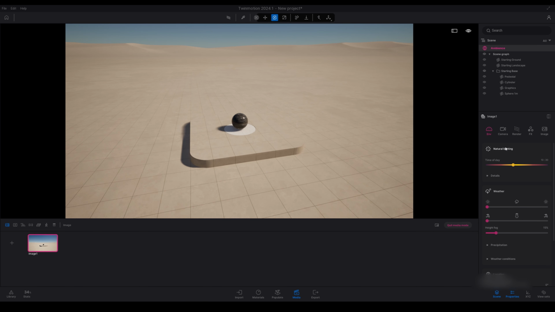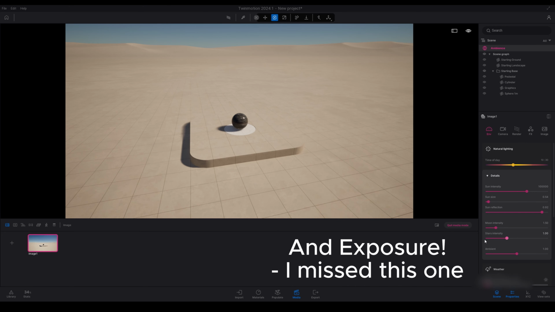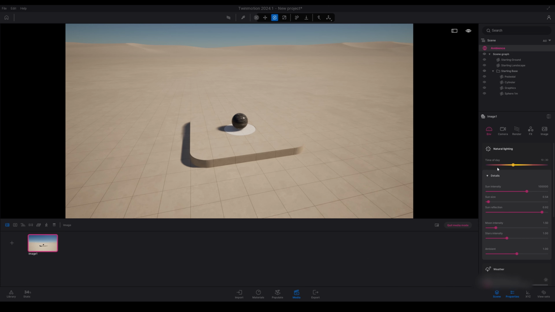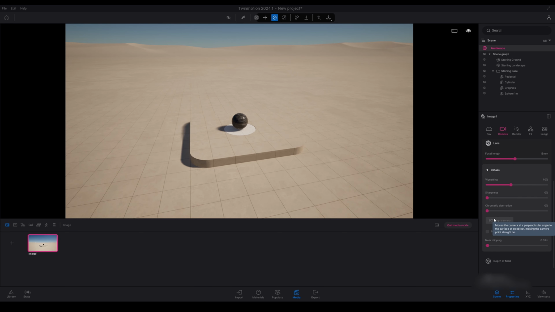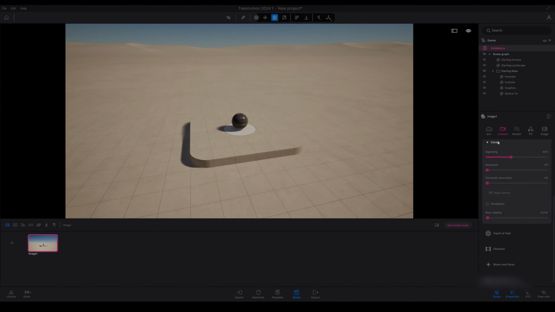Now moving on to the revamped camera settings. So for the revamped camera settings, all it is that the white balance has been moved from the environment tab to the camera tab, which makes sense. So if we go to the camera tab, at the top we have exposure and white balance. So white balance is here now. You'll also find lens and all the other camera options within this tab. So that's basically it for the revamped camera settings.